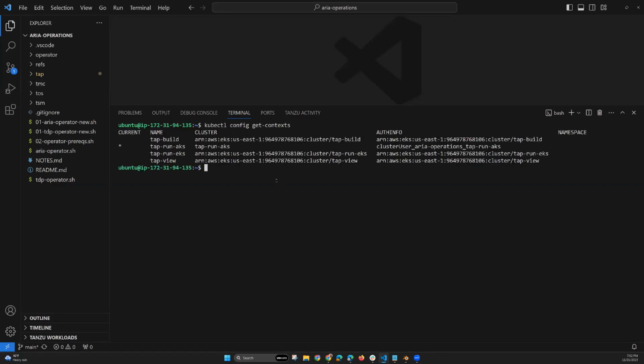Now, the next thing that we have to do is find the class claim that we created for our Postgres database, which contains a reference to the secret, so that we can get the password and connect to that database. So even though we exec into the pod, we'll still need to log into that database with a password. In order to do that, I'll query the Tanzu services class claim list, and there we have our WeatherDB